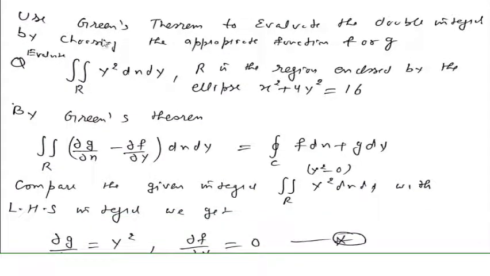Next, you are given a double integral and asked to convert it into a line integral, then solve. How to convert a double integral into a line integral? By using Green's theorem. So we have a given double integral, so we have to compare this with this. So here ∂g/∂x becomes y square, and ∂f/∂y becomes 0. If we compare this with this, y square dx dy,